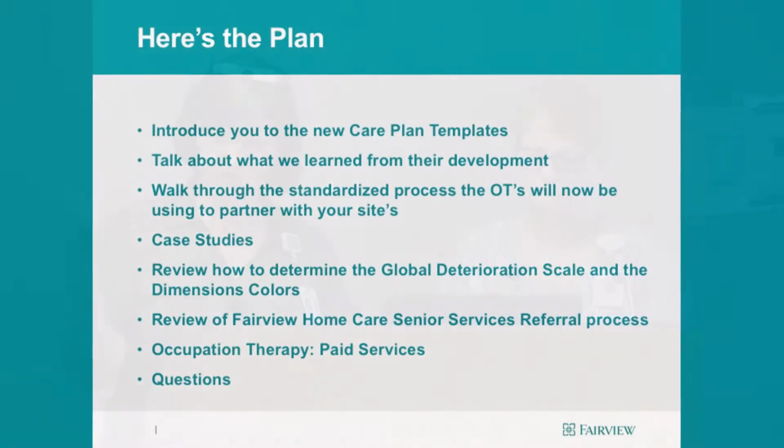So we're going to introduce you to the care plans. They should be in your handouts or via email. They were sent out. We're going to talk about what we learned from their development, because it was not a straight line. Nope, it's never a straight line. So we learned through our journey so that we don't have to recreate this at every site, the journey to get here. So we're hoping that we're going to present a kind of a new gold standard of how to